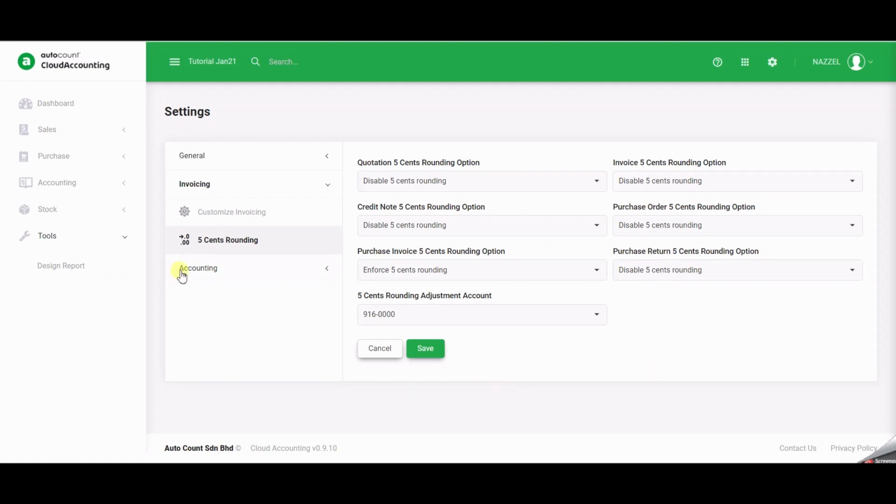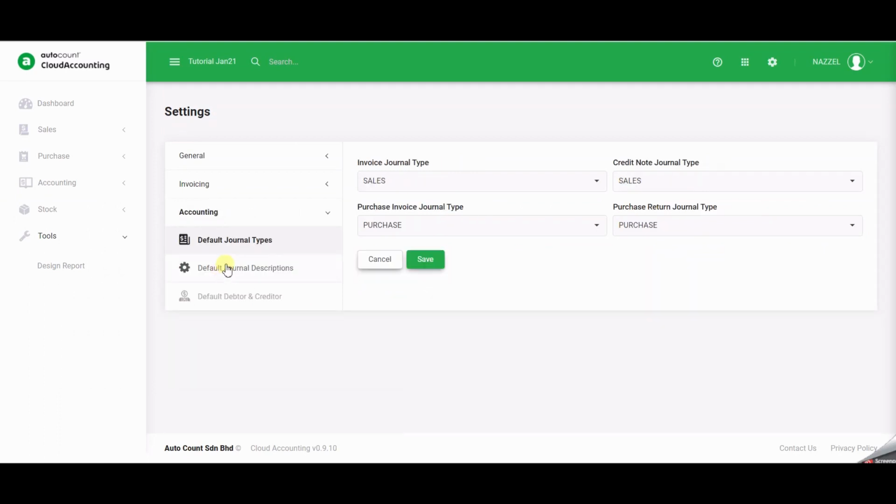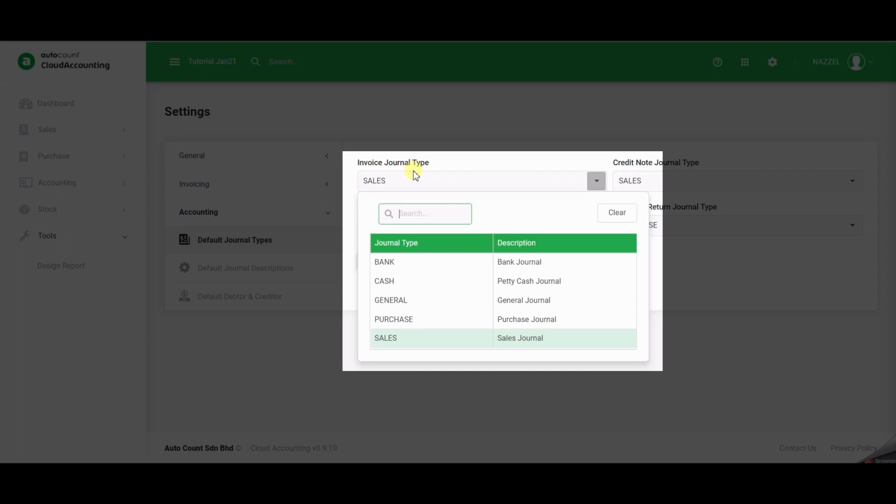Our next category is accounting. Under accounting, there is a default journal type. Example, in invoice journal type, there is only one option, sales journal. If you would like to add